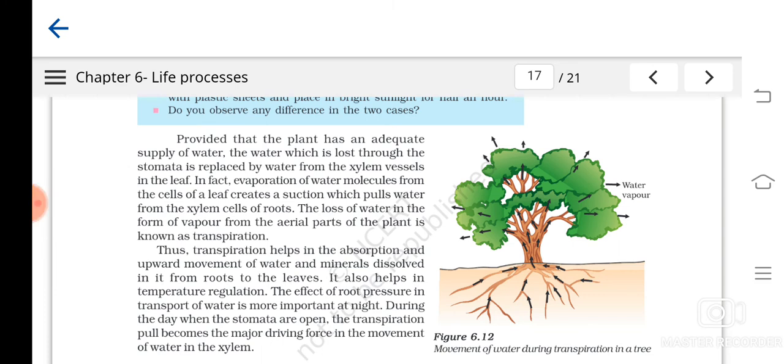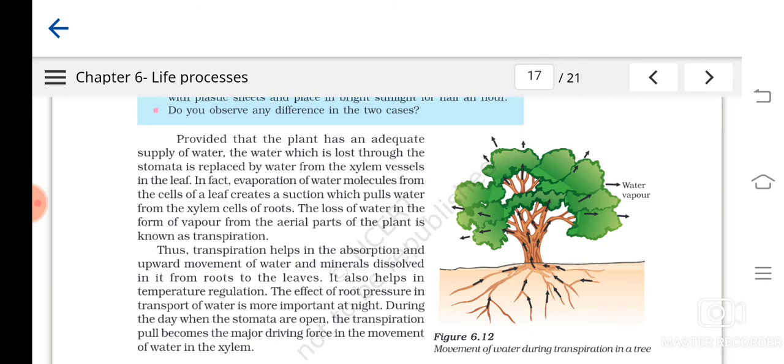So in the same way, when water gets lost due to transpiration, the column of water experiences a sucking force, a pulling force. Understood? So due to this, what happened? Water will get raised up to the higher levels. Okay, so this is the transpiration pull theory, which says that transpiration plays an important role in the ascent of sap. What do you mean by ascent of sap? Ascent of sap is the upward conduction of water and minerals from the lower part of the plant to the upper part.